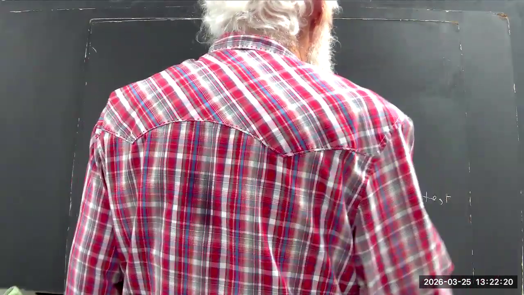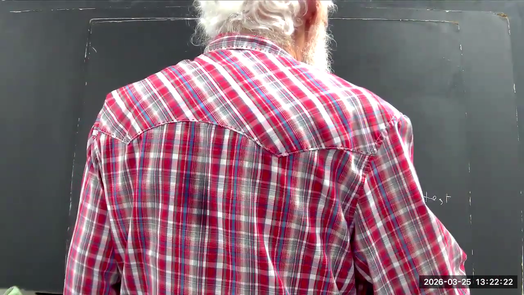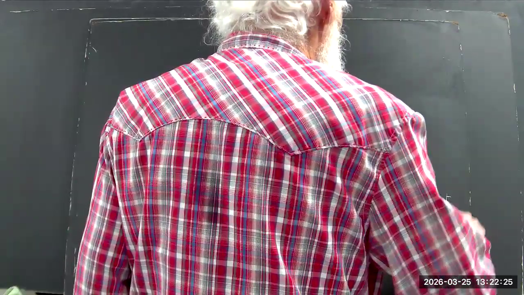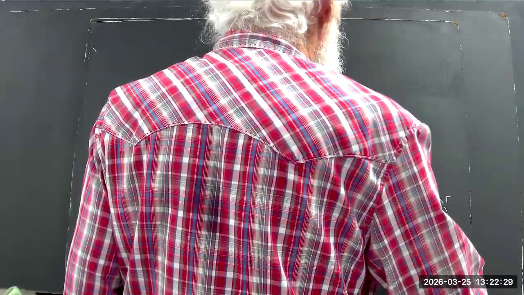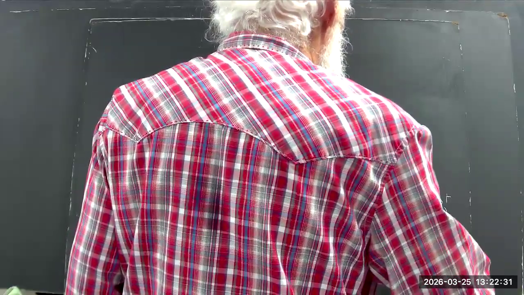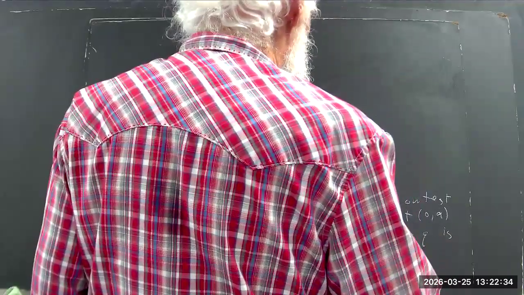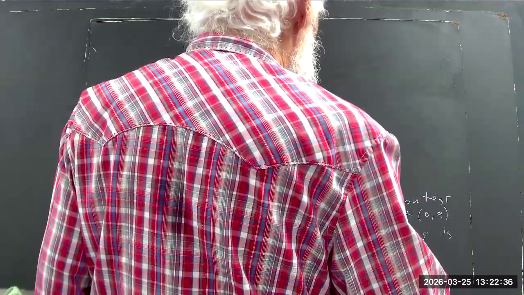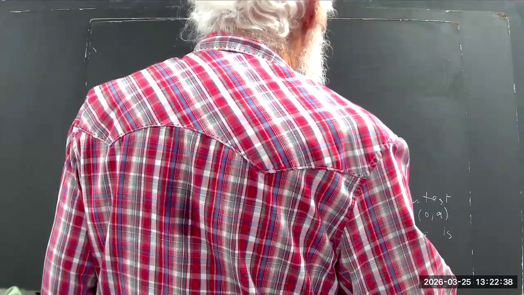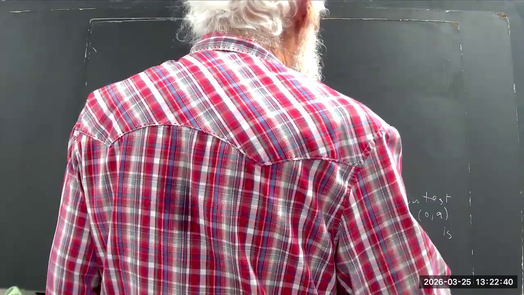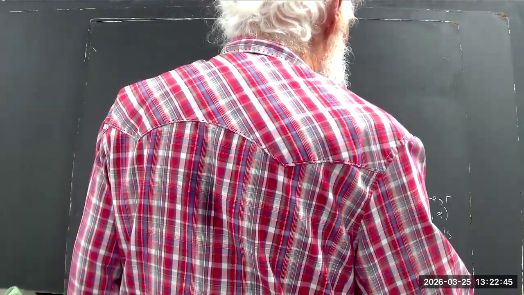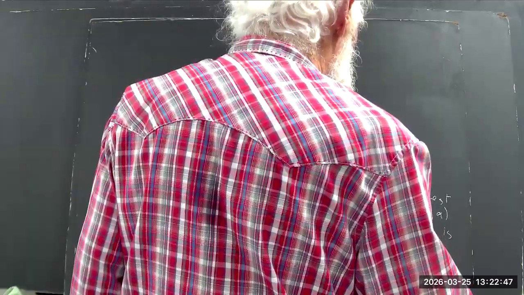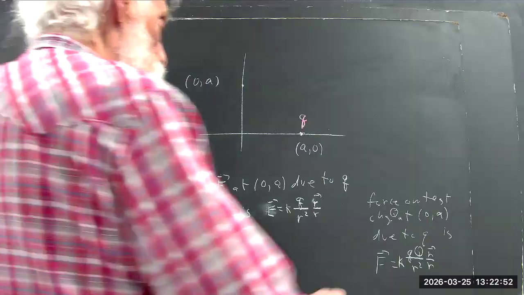Force on a test charge at 0A due to q is F equals K times q times big Q, and we'll call the test charge big Q, over R squared times R divided by its magnitude, the unit vector. There's your force. So the electric field